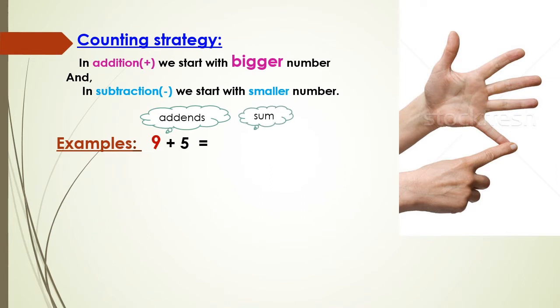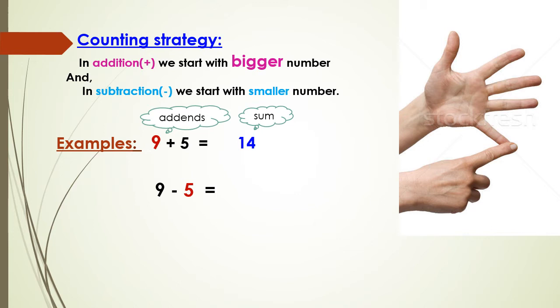So how to solve 9 plus 5 using counting strategy? It's addition, so we have to start with the bigger number. The biggest number here is what? 9. So I have to count after 9. After 9, 10, 11, 12, 13, 14. So the sum is 14. The next example,